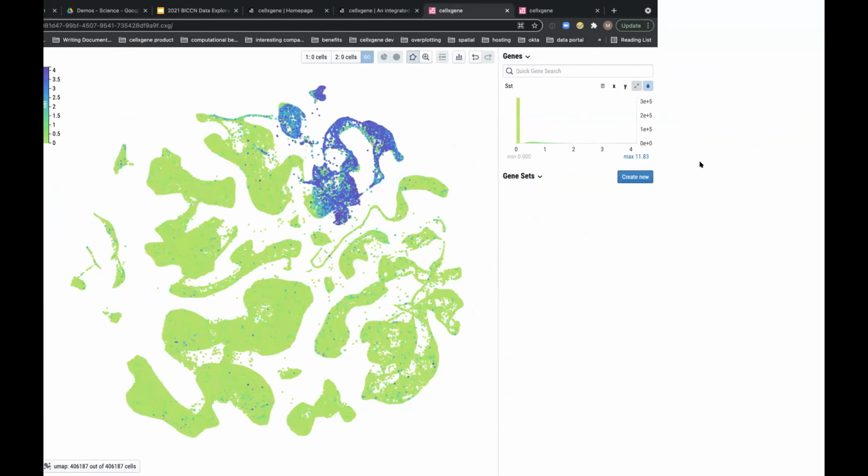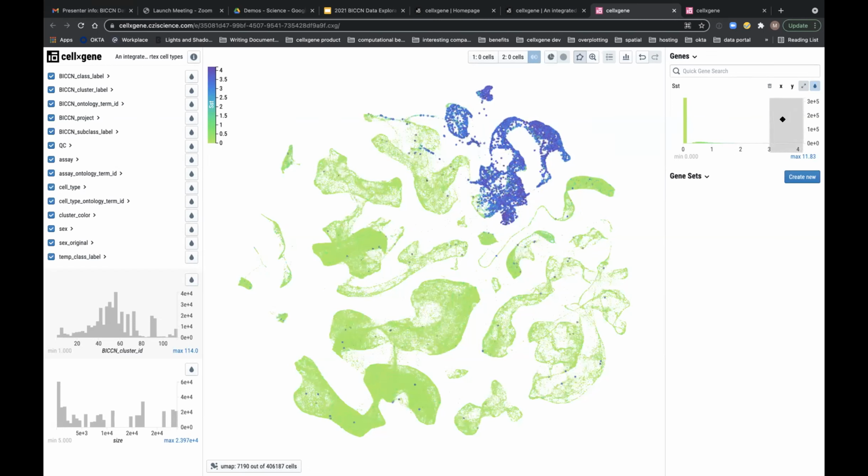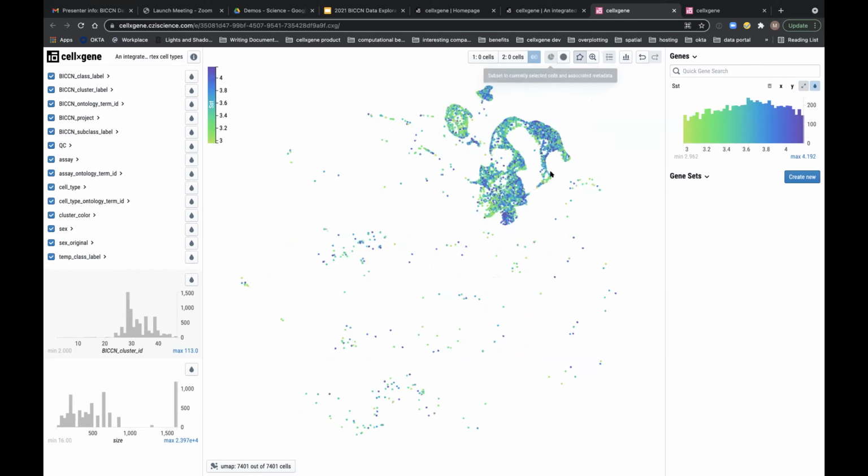What I do also want to do is that we can make selections of cells based on these expression values, right? So we can do something like this. I call this brushing the histogram. So I brush from a range of 3 to 4 here. And then we can go ahead and use that subset button to finalize that selection. Obviously there's a bit of noise here, but we've really narrowed down our selection to these somatostatin positive cells that were really just occupying the small part of the embedding. So it's a pretty useful feature to be able to select based on those expression values.